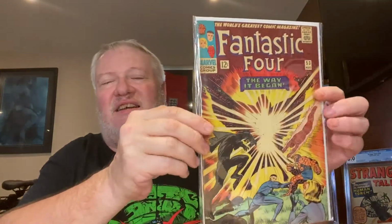Right. What do we got next? Okay, we're getting to some interesting ones now. So in here, this is from Crazy for Comics. This was another Whatnot buy, and I saw this comic come up on Whatnot. I already have a copy of this, but I think it is an undervalued key comic, and it was $140. I couldn't resist it. Fantastic Four number 53. Second appearance of Black Panther,